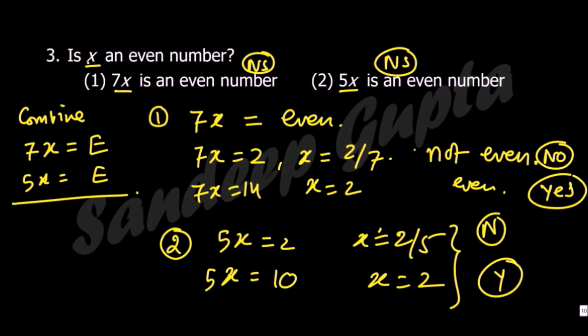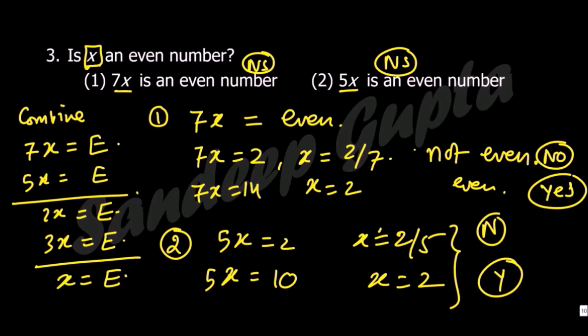Now what do I do so that I can get to x? It means I must shorten as much as possible. So let's say 7x minus 5x is 2x. 2x is even. 5x minus 2x is 3x, so 3x is even. And 3x minus 2x is x, so x is even, because even minus even is always even. It doesn't matter whether you do 4 minus 2 or 2 minus 4. 2 is also an even number, minus 2 is also an even number. Any even number minus any other even number is always even. So by combining, we surely get x is an even number, and the answer I'll mark is the answer C.